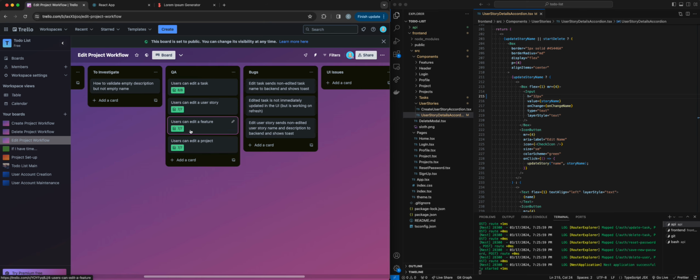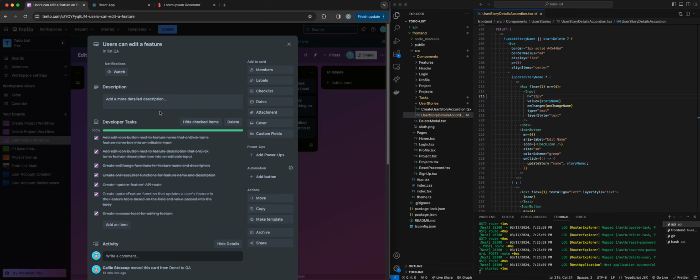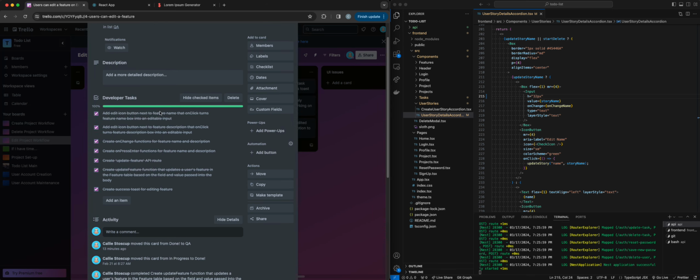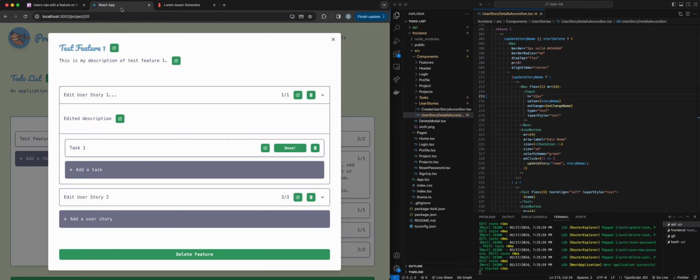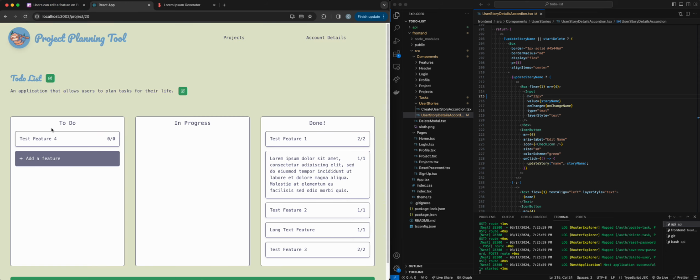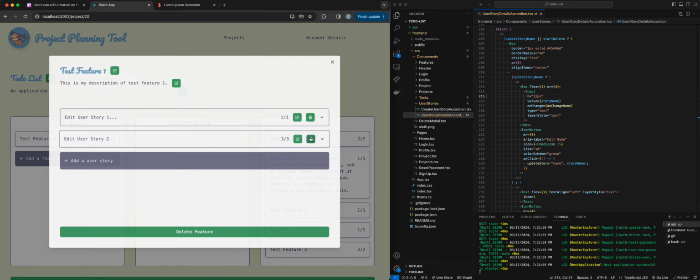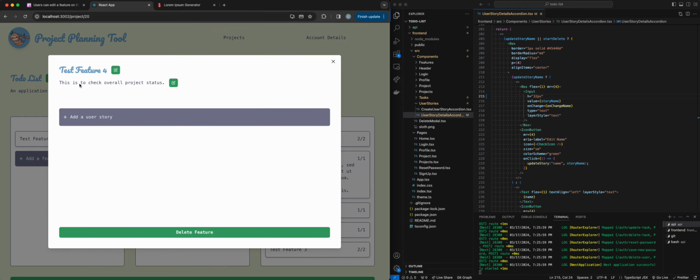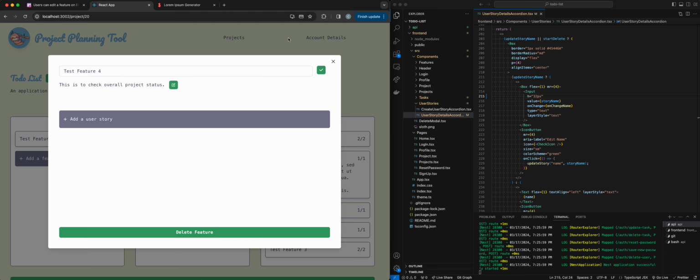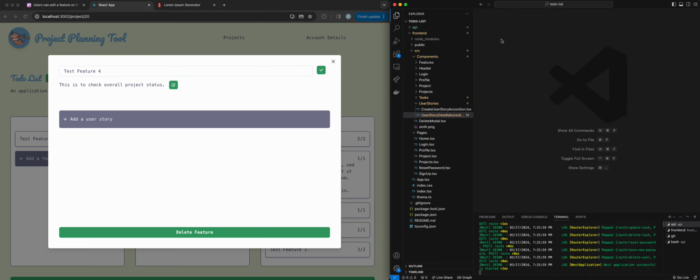All right, the next one we're going to read through is we can edit a feature. And if we look at our developer tasks, we need to be able to edit the name and the description, and it should persist on change as well. So let's just refresh to make sure our user stories persisted on change and our descriptions persisted on change, and they did. So now let's look into feature. So if I go to edit, I can already see that we have an issue for our input, but that is okay. So I'm going to go to my feature modal,